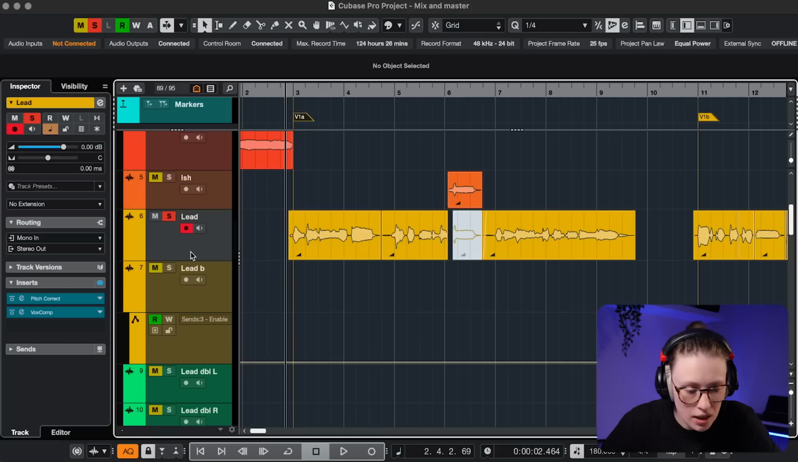Okay, let's start mixing the vocals. You don't have to start with the vocals, that's just something I do, but you can start with the drums, the guitars, anything. I already had pitch correct and Vox comp on all the channels, and honestly, this compressor just